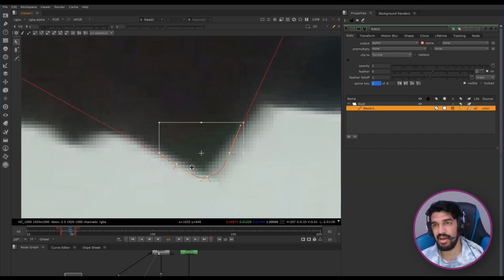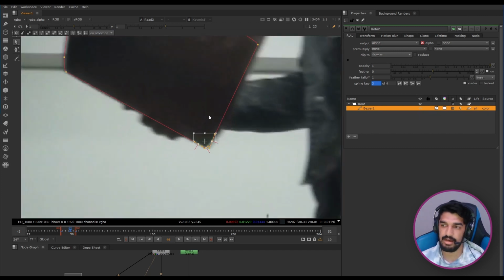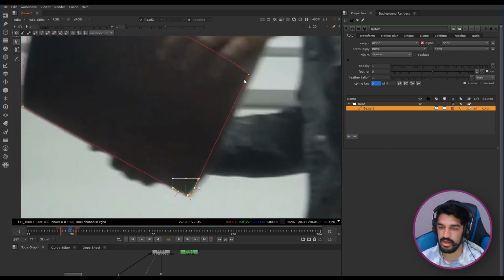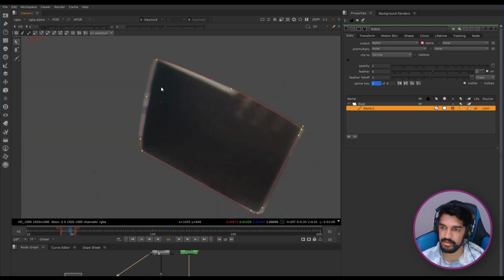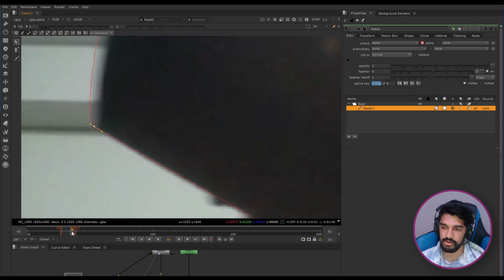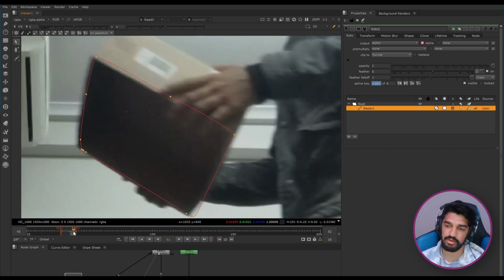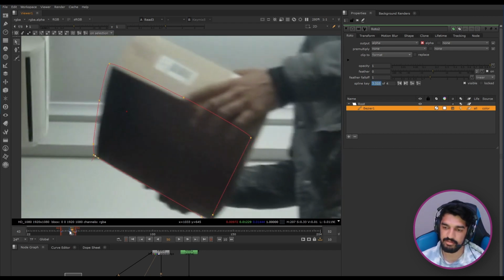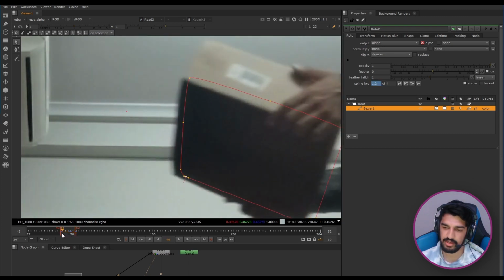I know I seem very pedantic when it comes to the details, but when you're working for a real studio, they're going to look out for this, and once it comes to the tech check side of your comp or your work, they're going to definitely point this out. So yeah, looks like a good frame there. Maybe adjust this one here, and then we're going to go to the next frame, and yes, we can see our shape is moving out a little, and it's gone in here, and so we're just going to kind of focus on this one